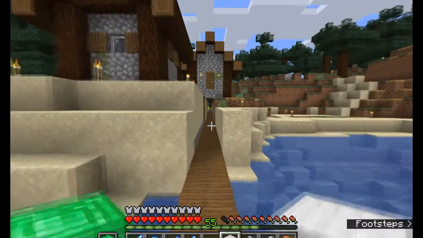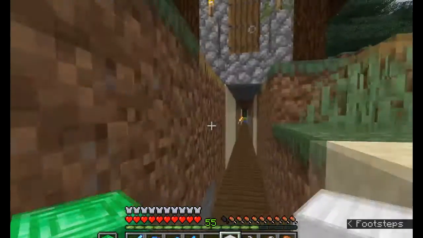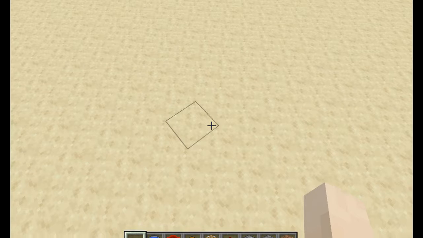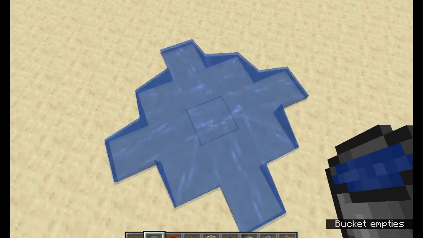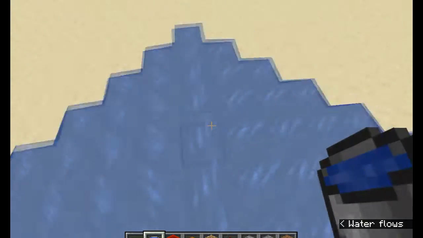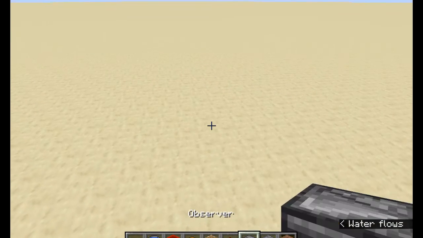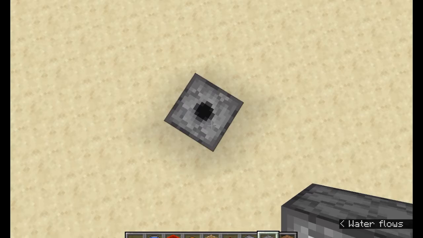Alright. We're going to cut over to the creative world and I will show you the mechanics of that monster farm. Alright, so we're here in our test world. And the reason we had the floors laid out in the monster farm in a diamond pattern was because of the way water acts. See, from the central point, there are 7 blocks. And if you set up a dispenser and observer system, see, there's an observer, there's a dispenser,